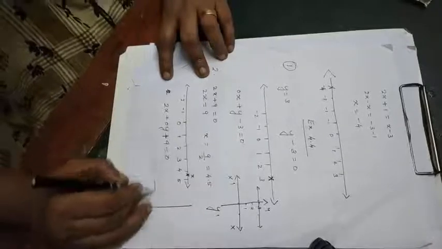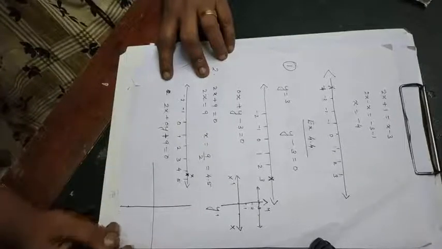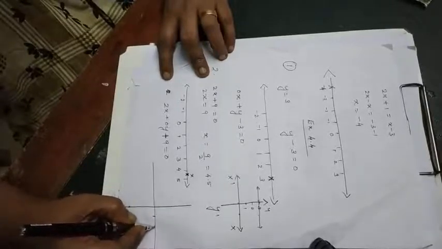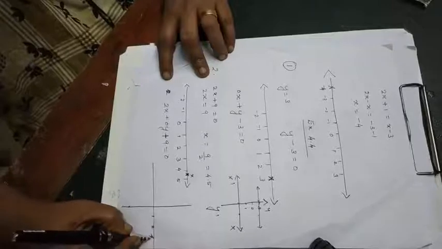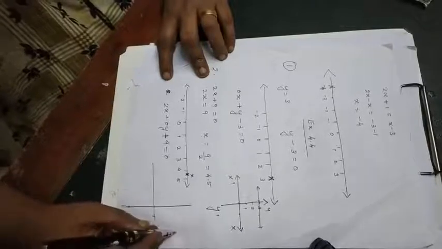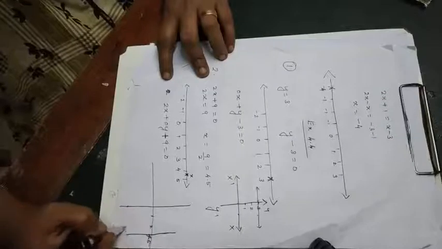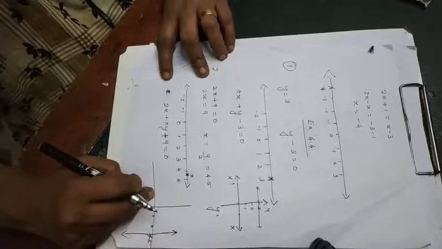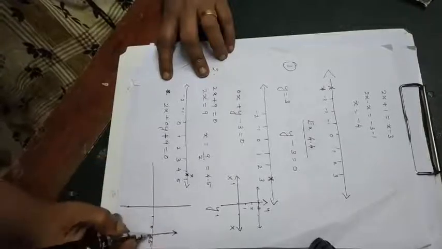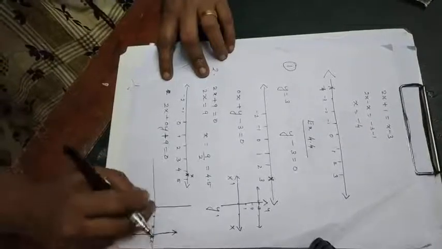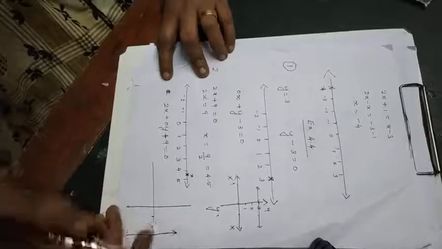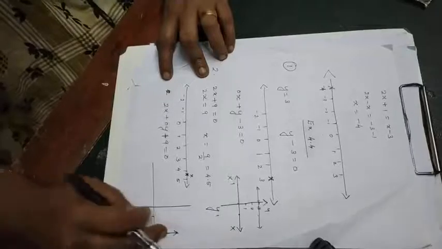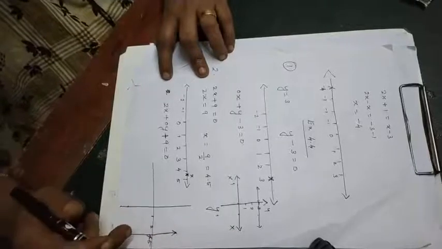That is in the graph paper, 1, 2, 3. Let us take that -4.5 here, so that will be a straight line parallel to y-axis. Okay, 1, 2, 3, 4, in between 4 and 5, midpoint of 4 and 5, 4.5 you can take, and a straight line you have to draw, that will be parallel to y-axis.